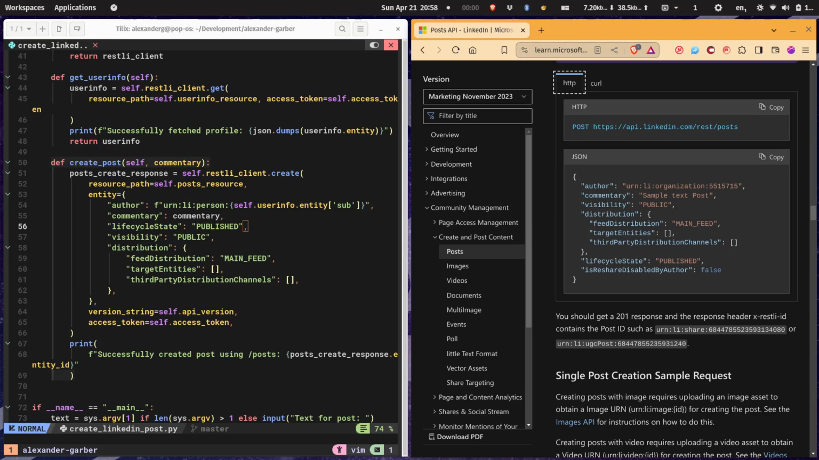In this video, I will present the script that I use to micropost to LinkedIn from the command line. I will start at the end with the entity that the LinkedIn API expects. A post request to the endpoint